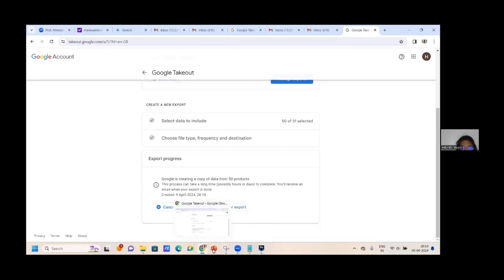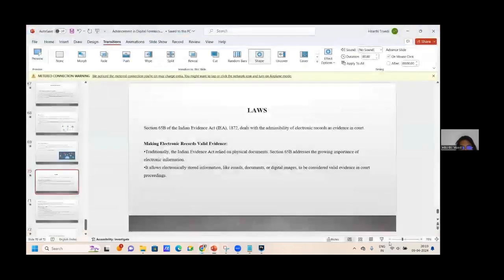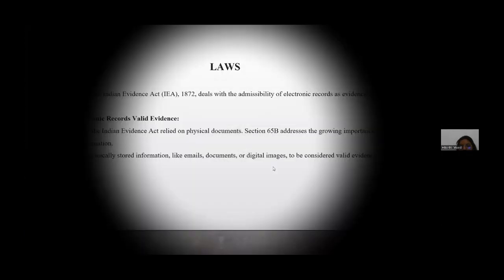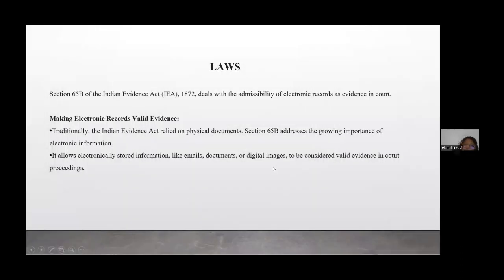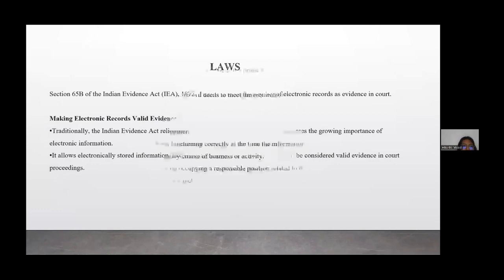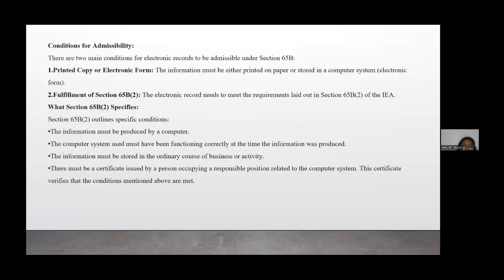Okay. Sorry. Yeah, now we are done with the tools. We study the laws under which the forensic tools or the evidence is applicable. That is Section 65B of the Indian Evidence Act. It deals with the admissibility of electronic evidence, making electronic evidence valid, the conditions of admissibility, how it will